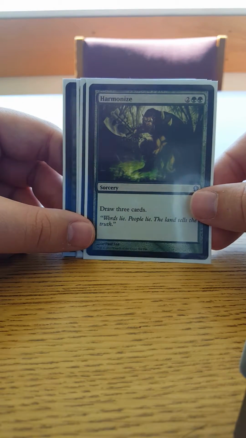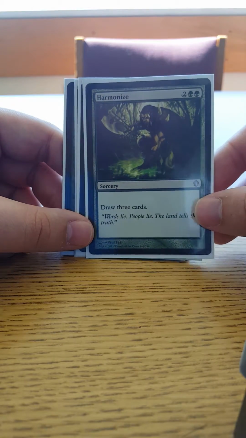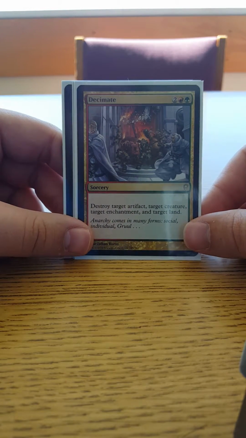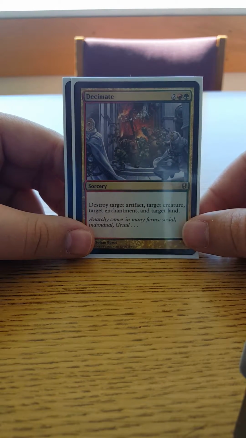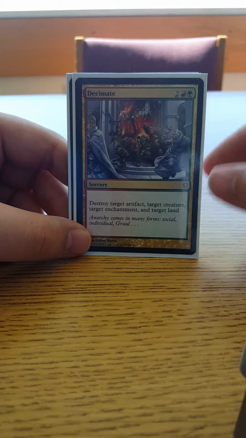Got Harmonize. 4 mana, draw 3 cards. What's wrong with that? Decimate, destroy target artifact, creature, enchantment, and target land. I usually don't like destroying land. The only time I will destroy land is if it's something absurd like Cabal Coffers, maybe even a...